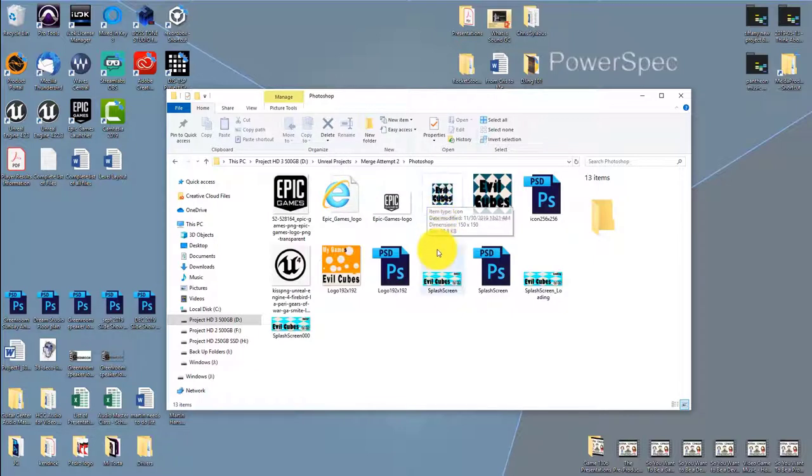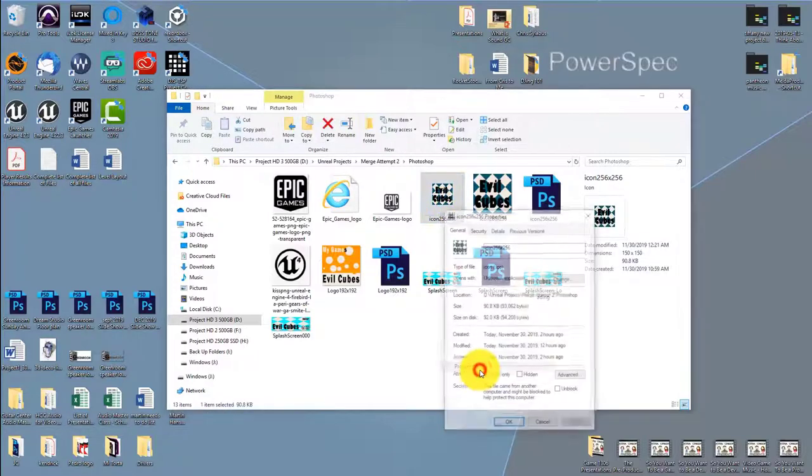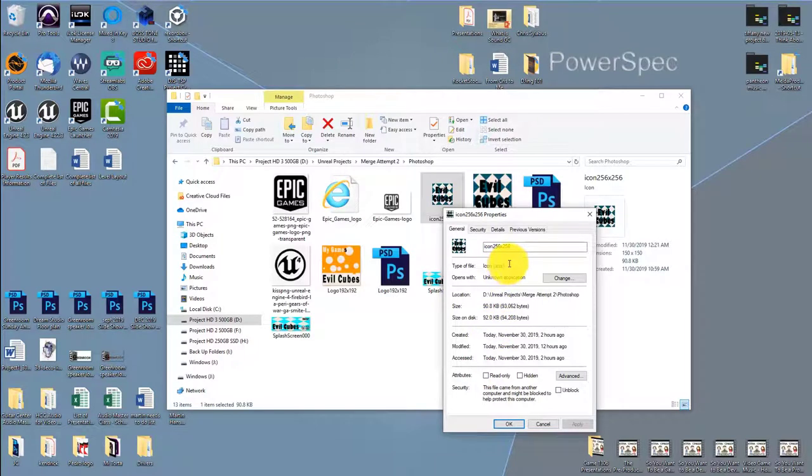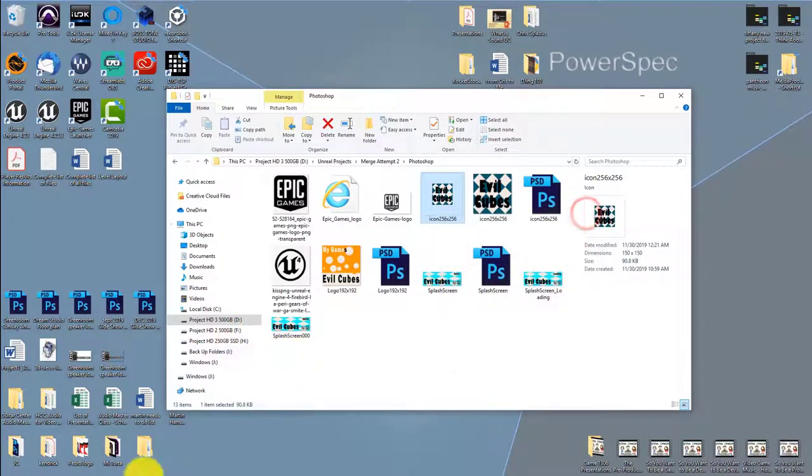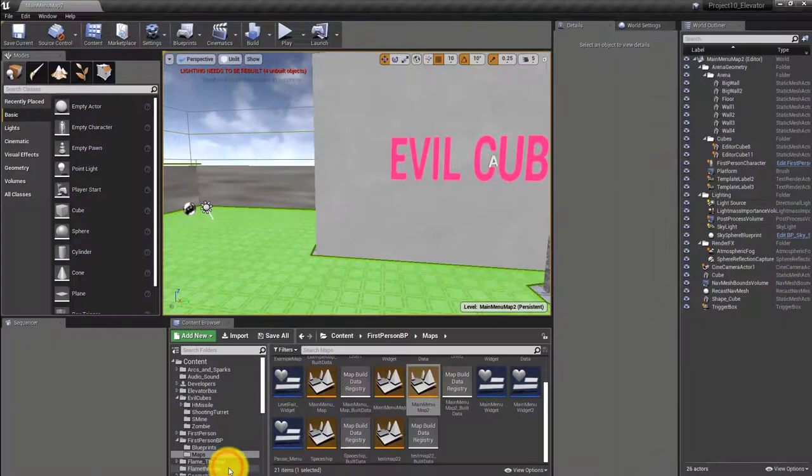There it is. So that one right there, the one that says icon 256, 256, if I scroll over it, it says type and it says icon, which means it should be an ICO. And let's hit properties, and we will see indeed that we do have an ICO. Okay, so with that done,